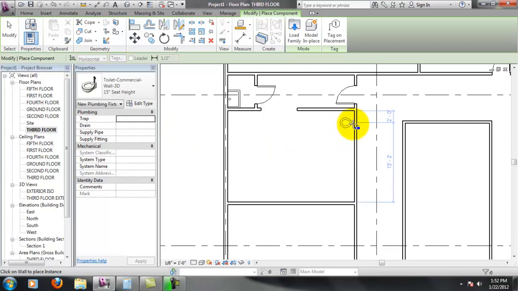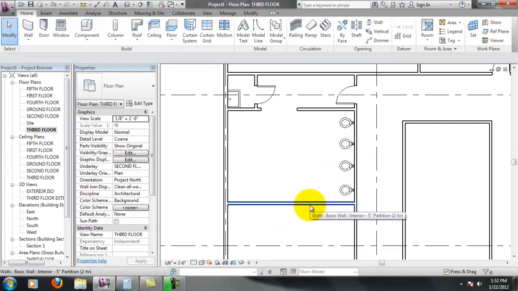and I know that I need, how many? I need 5 of these. So 1, 2, 3, 4, and we'll make the 5th one accessible. Obviously, we're going to need more room here. It's already kind of tight as far as